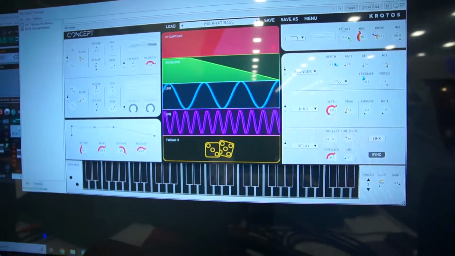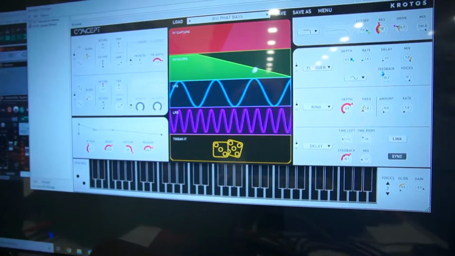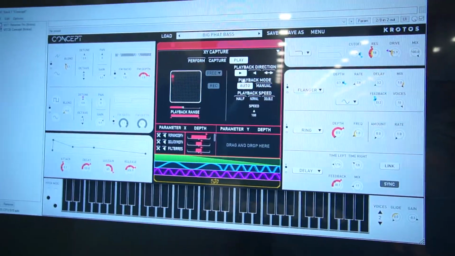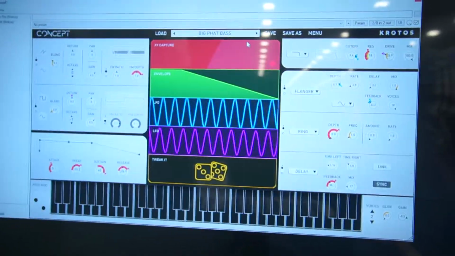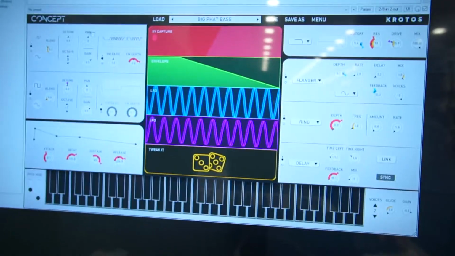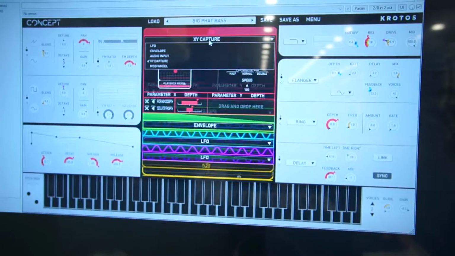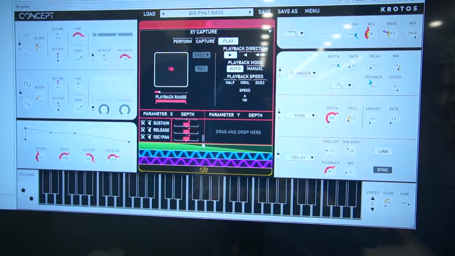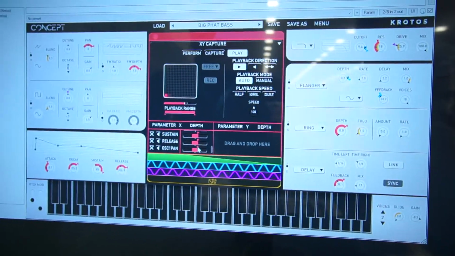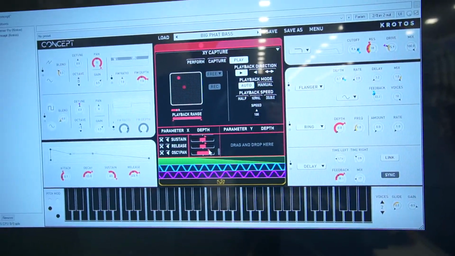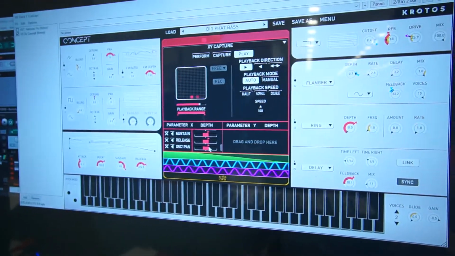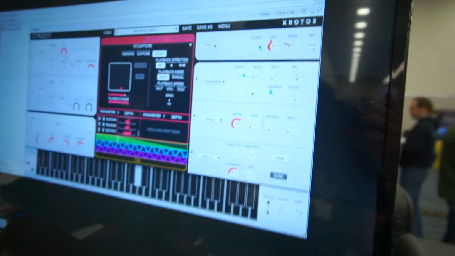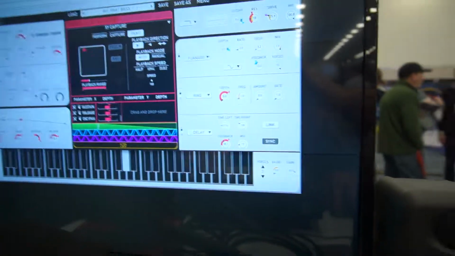The other cool thing about this feature is that you can pull any parameter and change it, drag and drop it to any one of the modulators. So for instance, we can take our pan and I can run that into the modulation that I just did with the XY capture. Now you can see that I have right here everything that's running through it. I have the oscillator pan right here. I can change the depth of it, in other words, how much, or backwards, or however I want it to go. And then I have my pan over here. So if I wanted to make a sharper move, I can pull it back or pull it more,